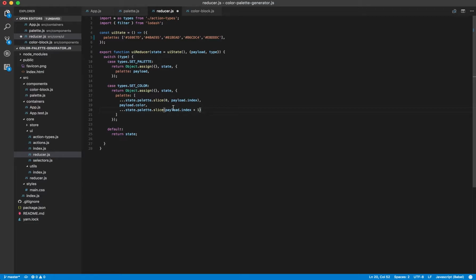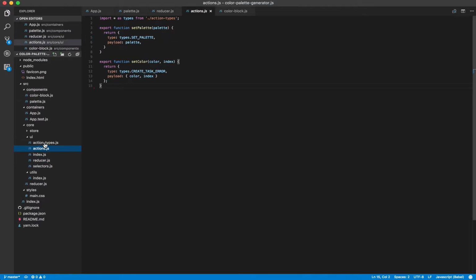So that's the reducer here, and with Redux you explicitly define what kind of actions can be performed on this reducer, and they map very much to these types. So if we go look at the actions that we can perform, you'll see that we have 2 actions, a set palette and a set color. And when we call set palette, it expects us to pass a palette, and